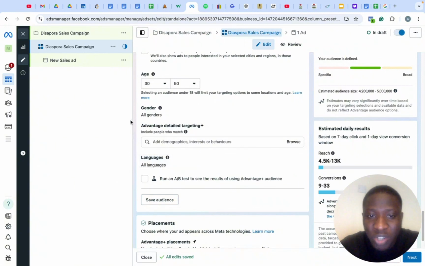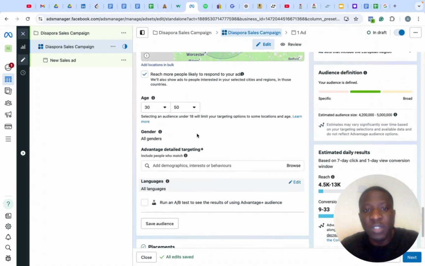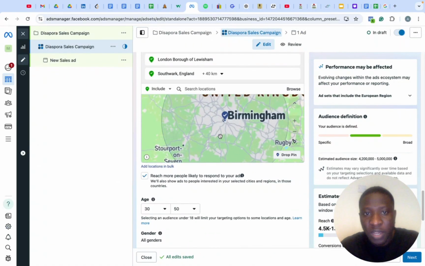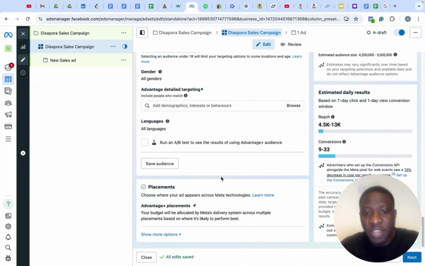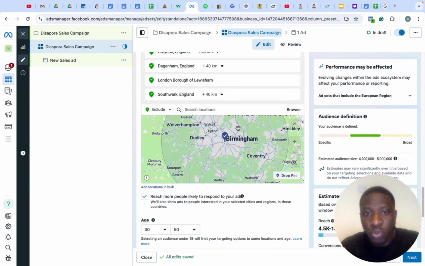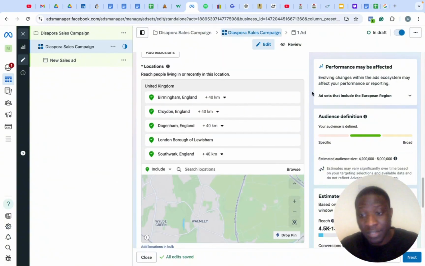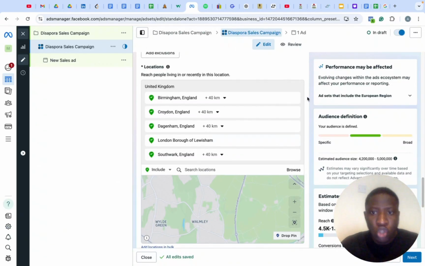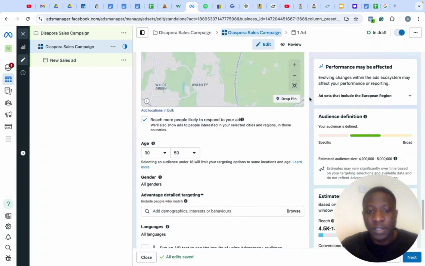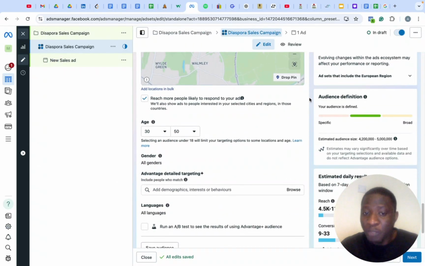So the second strategy falls under this advantage detail targeting, because if you use this location alone, it doesn't mean you are streamlining it to blacks alone. You are not streamlining to blacks alone, because there are white populations in these cities. So how can you target blacks? Facebook is an